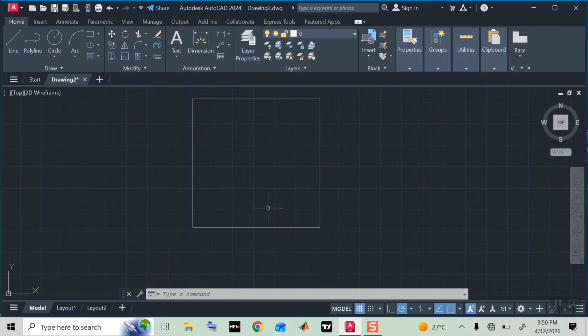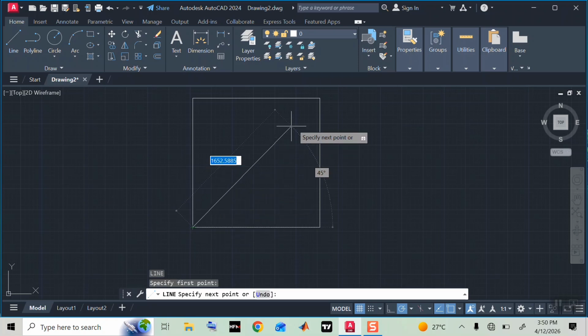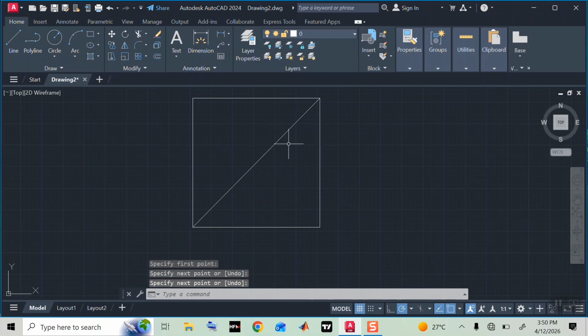There are so many commands that we can do with this. Let us do the diagonal. Select the line, then from here to this point, like that. We'll right click, then enter, for it to complete the line. Then